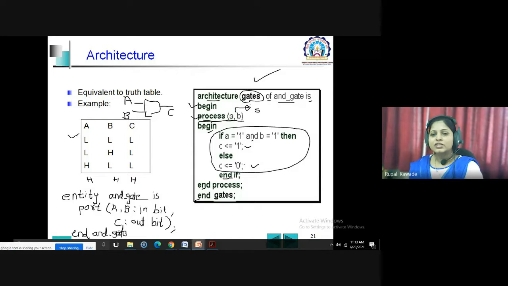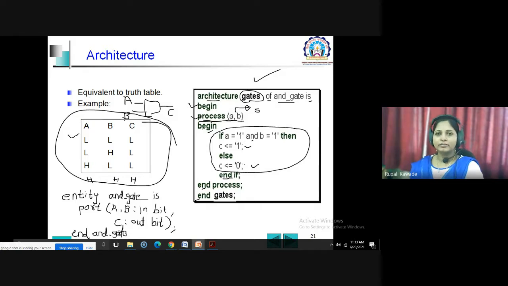So this is the example of the architecture where we are describing the working of the AND gate with the help of an if else statement, which is a sequential statement. The design specification we have used here is the truth table, and from that we have written code using an if else statement.